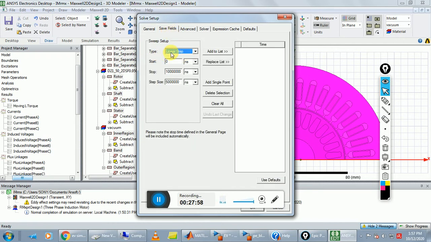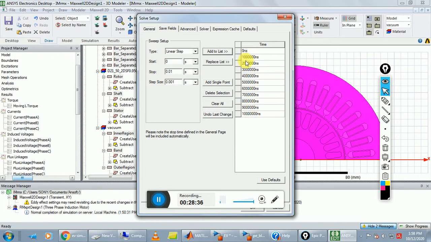Here type is linear step and start time is 0 second and stop time, we simulate this design for 0.01 second, and choose step size 0.001 second and click on add to list.